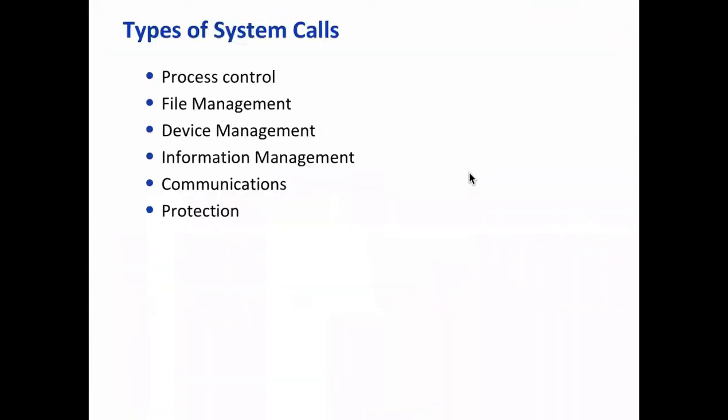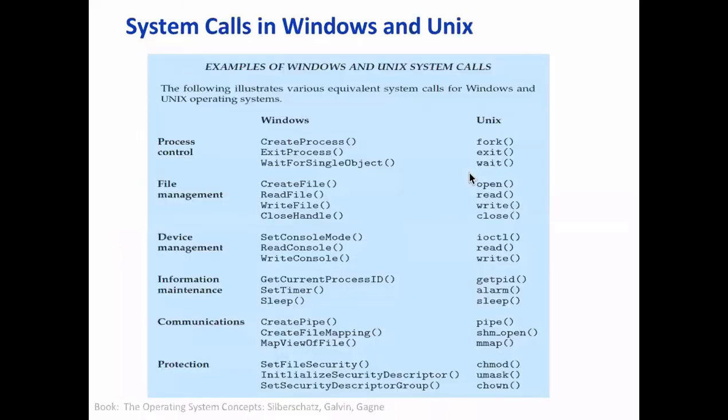Okay, now what are the different types of syscalls? Syscalls are process control, file management, device management, information management, communication, and protection. Okay, all right, very good. Now that you know what a syscall is, you can do a little googling and find out what the syscalls are for Windows 11, for example. Windows 11 is a recent one, released just a few weeks back.